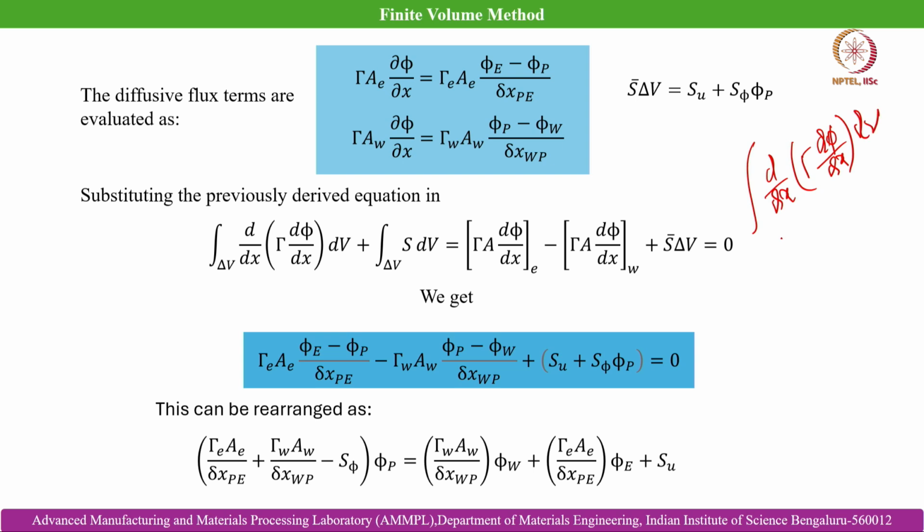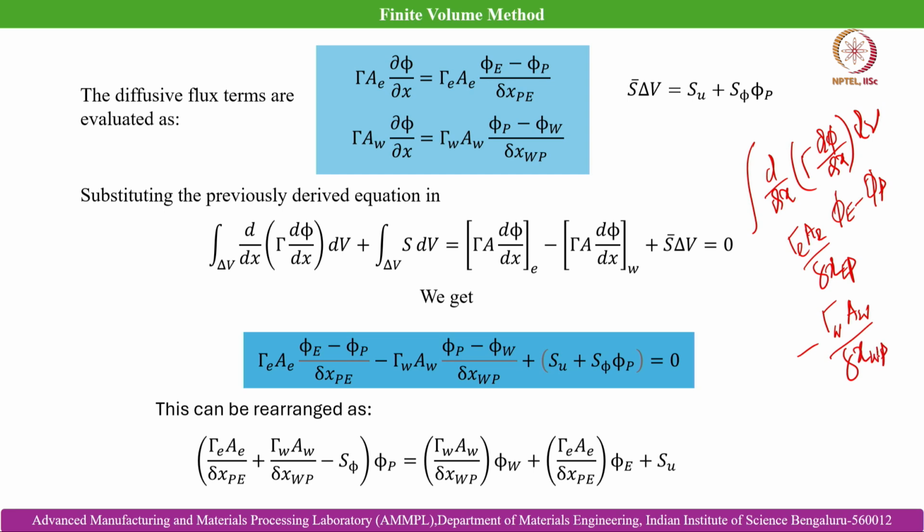So, if we can approximate it by tau e a e by delta x, that is between the east phase and the nodal point P, and then we can approximate it as phi E minus phi P. Then again we can do the same here, so there will be a minus sign, then tau W A W by delta x, that is between the west phase